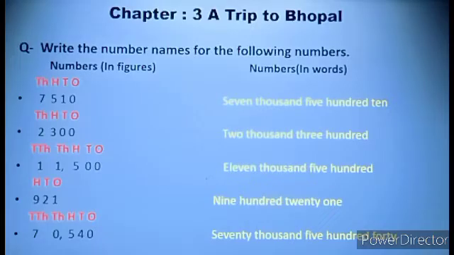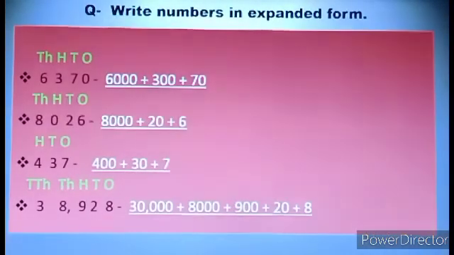Okay, so now we move forward to the next exercise, that is, write the numbers in expanded form. Expanded form means we write the number as per the value of each digit in an addition expression. The first example is 6,370. If we don't know how to expand the number, we write the places first, so it is easy for us to solve it. On 0 we write the ones place. We always start from the ones place. Then 7 is on the tens place, 3 is on the 100 place, and 6 is on the 1000 place. The same way we have to expand the number.